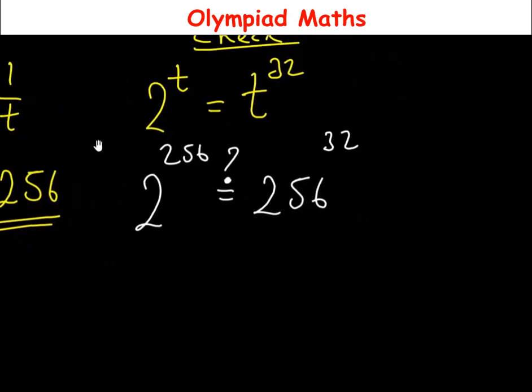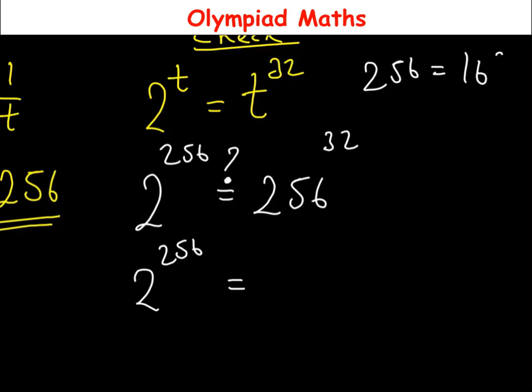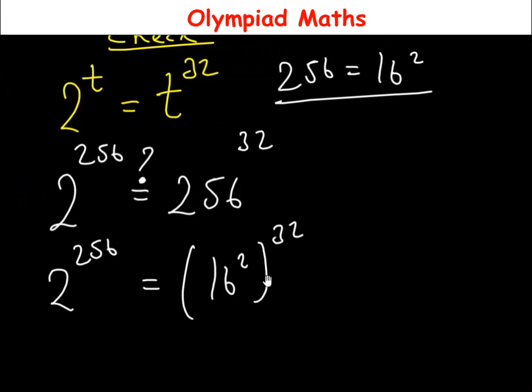And from here, 2 raised to power 256 is equal to, don't forget that 256 is equal to 16 squared. So inputting this becomes 16 squared raised to power 32. And from here, power 2 multiplies power 32. This will be equal to, we have 2 raised to power 256 is equal to 16. Now 2 times 32 is 64. And from here,